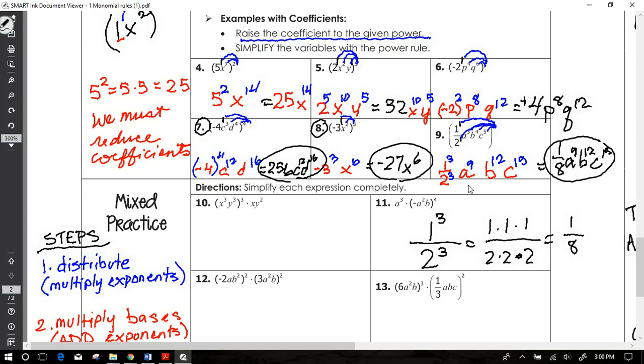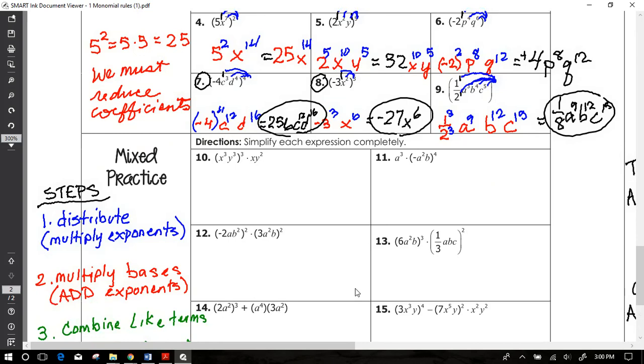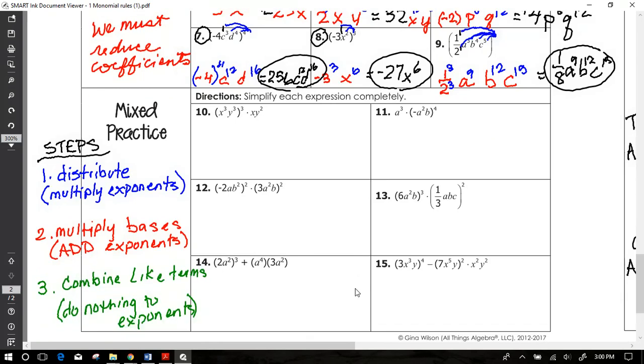So these are all my final answers here. I'm going to go ahead and erase my scratch work. And now we're about to really mix it up. What I am mixing together is what we learned yesterday with what we've learned today, because exponent rules do not only work independently of one another, they work all together. Kind of like a two-step equation versus a multi-step equation, okay? So we really do need to figure out how to work with all these rules